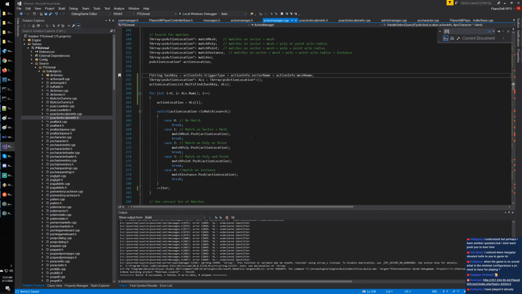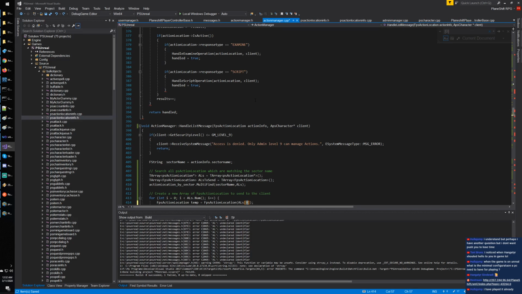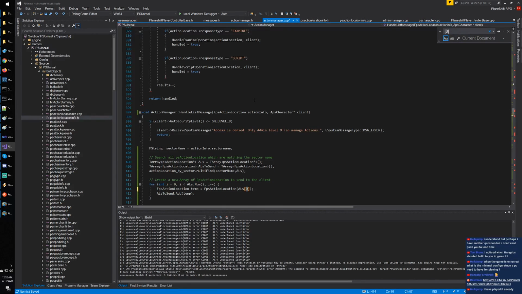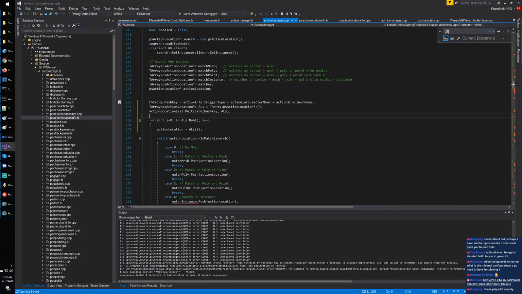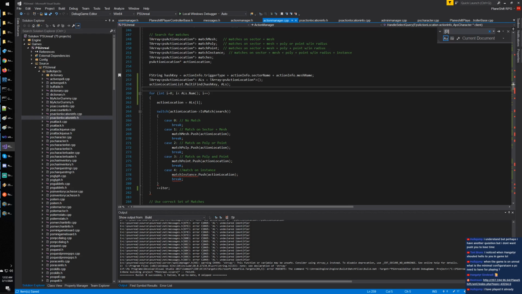Okay, anyway. So I send it to the action location. So we cycle, right? We cycle,